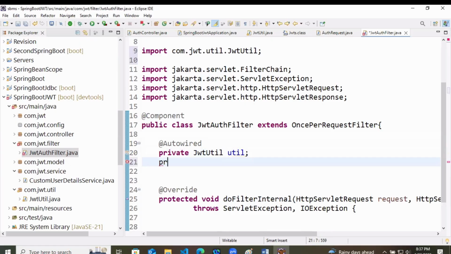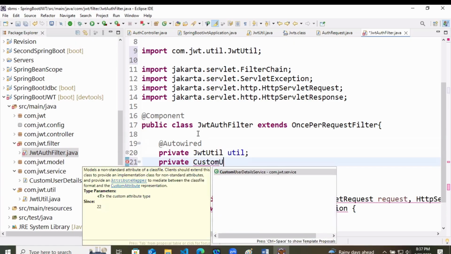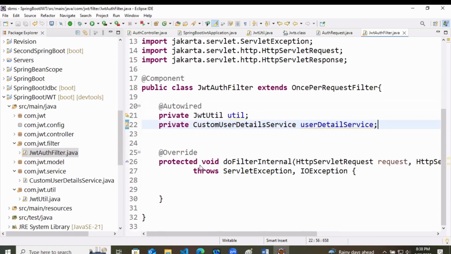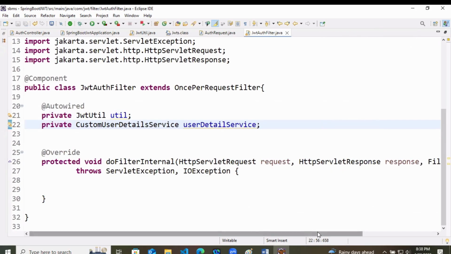Now here private CustomUserDetailService, userDetailService. This is the class also that we are going to use here. Now here you are overriding the protected void doFilterInternal method, which is taking the HttpServletRequest, giving the response and doing the filter chain.